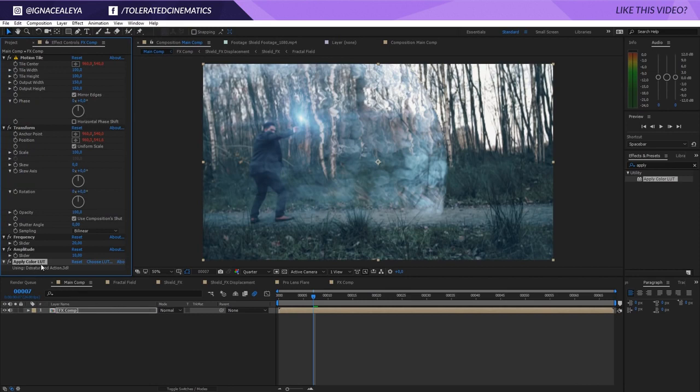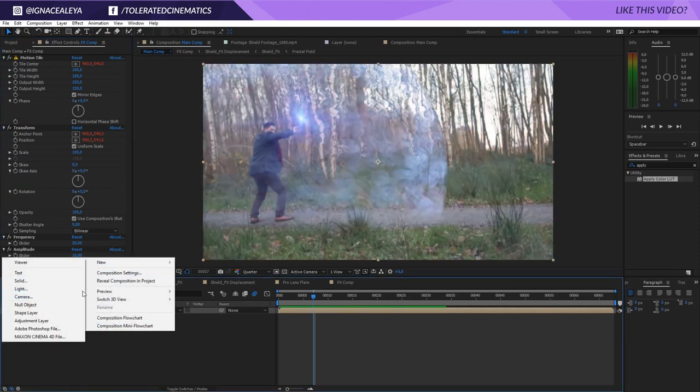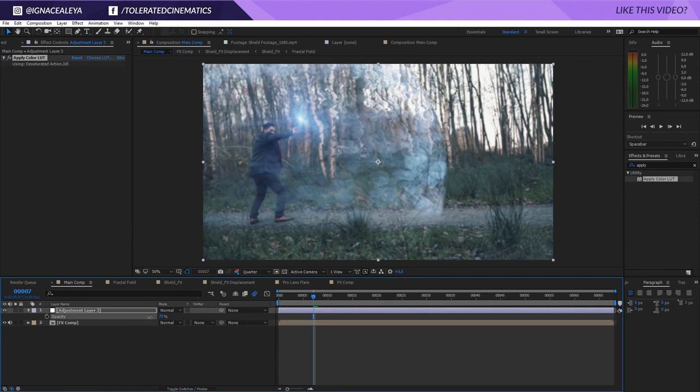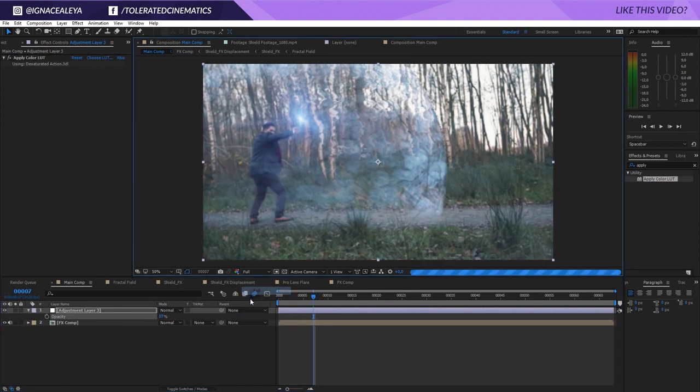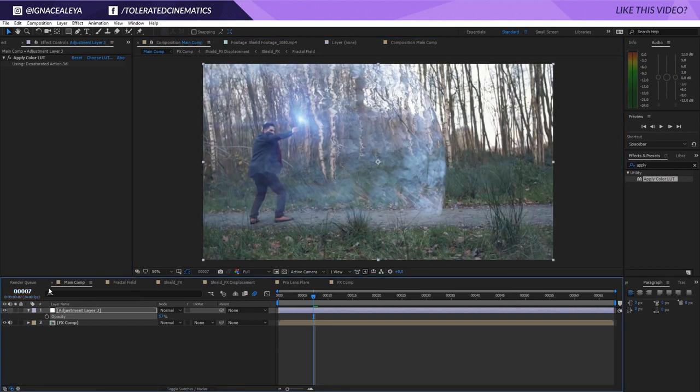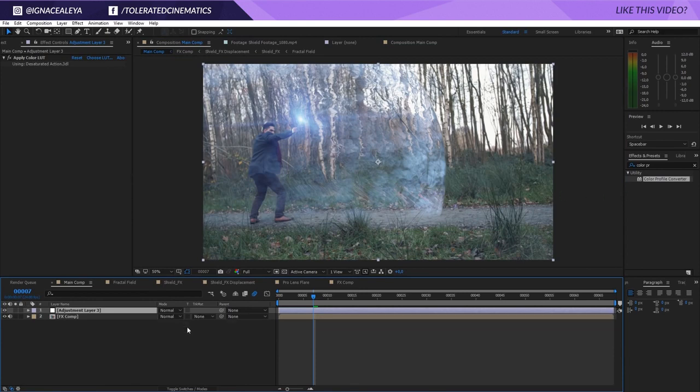And of course we can cut this actually and apply this to a new adjustment layer and just lower the opacity a little bit, and then we get something more like this, because we're working in a linearized workspace, and change this back to full resolution, so we get a nice clean image like so. This is without LUT, with a LUT,